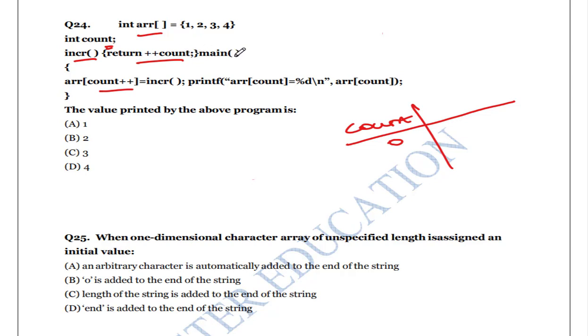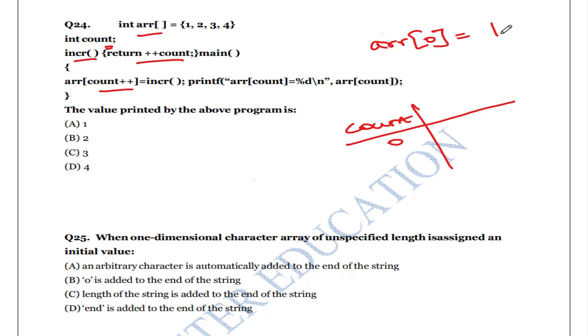But it will first go to the main function. In a main function, array count plus plus, that is post increment. ARR of 0 location equal to increment, that is count value is 1. Okay, so count value is now 1.